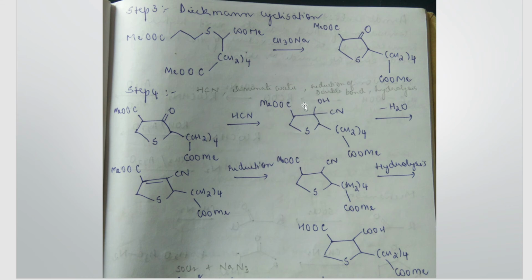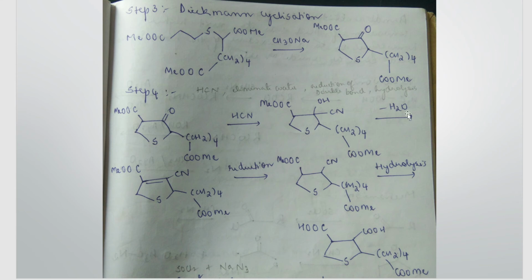So this OH will be removed and one H will go from here. Because this OH is leaving from here and one H will leave from here, there is double bond formation taking place between these two carbon atoms, because its valency will otherwise be only 3. So in order to maintain the valency as 4, there will be double bond formation between these two carbon atoms, because one OH will go from here, one hydrogen will go from this side.